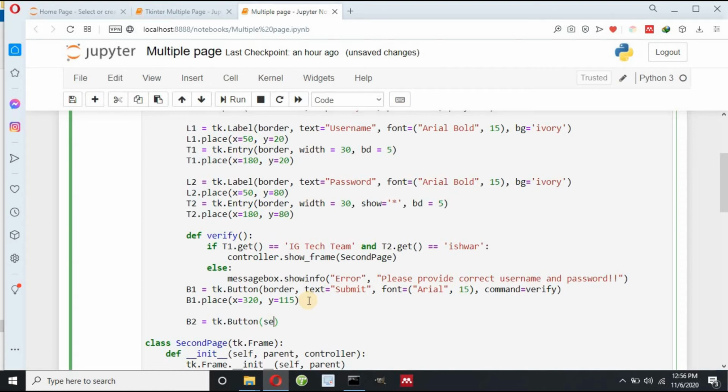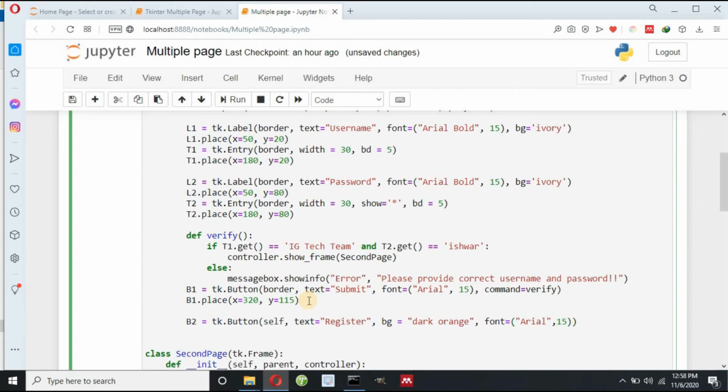I have to make button outside of this border, means inside this first page, and I can write text equals to register, and then let me define background color equals to, suppose, dark orange, and font equals to, suppose, Arial, and size equals to 15.